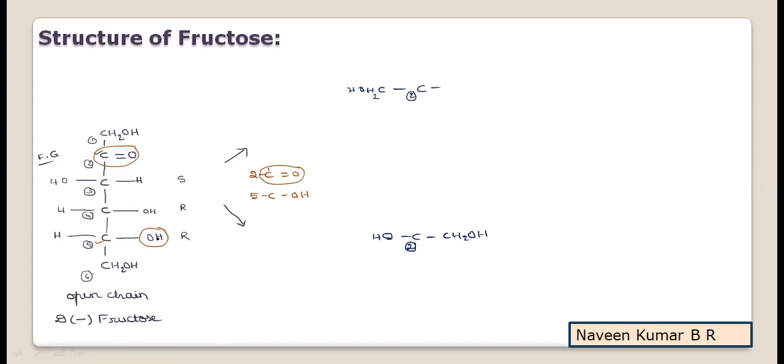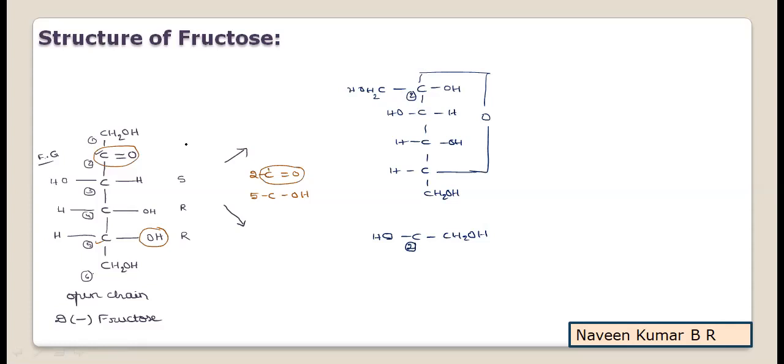Once it interacts with this hydroxyl group, this H will be accepted by this O, and the O will link the two carbon atoms. So that I have represented the remaining carbon. It is the third carbon, OH on the left side, and the fourth carbon, OH on the right side, and on the fifth carbon, that O is linking these two carbons. As a result, the double bond O is cleaved and it is formed as OH. The last carbon has CH2OH. Hope you have understood. So I have written the first carbon here.